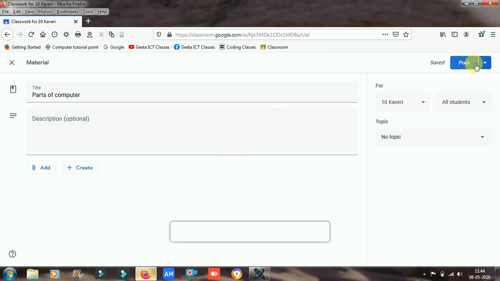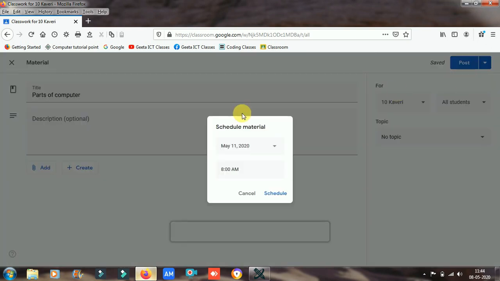And then there are a number of ways you can schedule. You can post at the same time, or you can schedule this material for a later date. It means if you schedule, on this time and this date, this material will be delivered to the students.